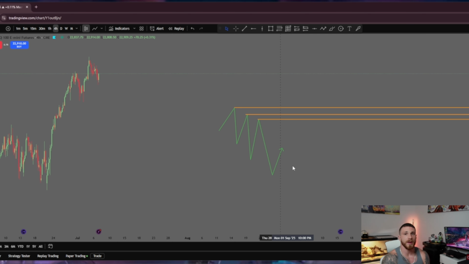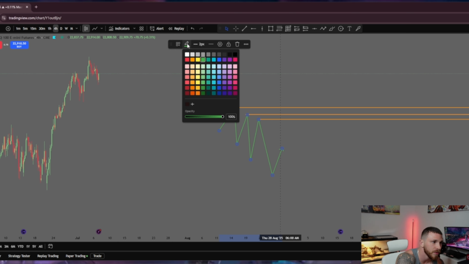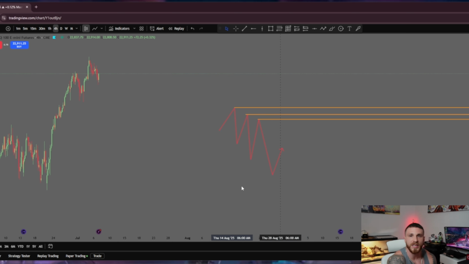So if the market makers want to push the market to the downside still, what are they going to do? They're going to stop out all the retail traders and all these stop loss orders right above here so they can fill more of their orders, correct? To push the market in the intended direction to the downside. So what are they going to do? Market opens. They're going to push price up, fill in all of their orders, stopping everybody else out so they can fill their orders. They're going to fill their big chunk of orders, and then they're going to continue price in the intended direction